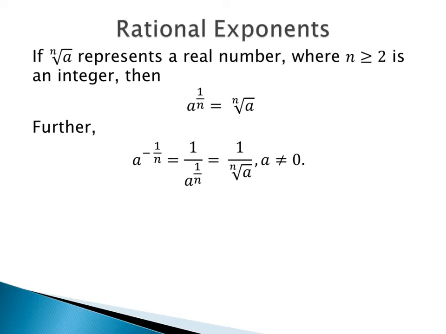So for example, if I had 4 to the 1/2, using this rule then, I can rewrite this as with a root. The 4 would be underneath, right? That's the a that we're talking about. And then 1 over n is your root. So I would have a 2 out here. Well, the 2 means that we're taking the square root. So I can really look at this as the square root of 4, and we know the square root of 4, again, as we just saw, is 2.